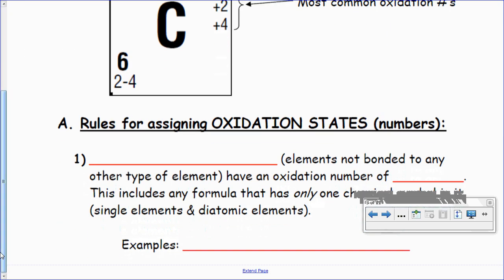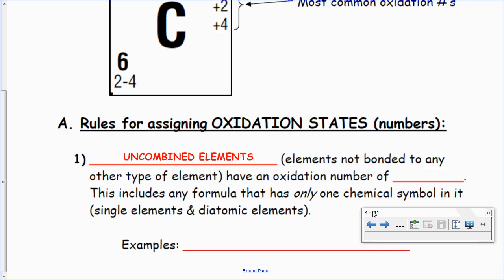Now, first of all, uncombined elements, not bonded to anything else, have an oxidation number of 0. Okay, this includes any formula that has only one chemical symbol in it. So single elements and diatomic elements. Some examples are like sodium solid, oxygen gas, and bromine gas. It's only one type of element. It's uncombined, meaning it's not technically a compound. The oxidation number must be 0. It's just a rule. Oxidation number for elements is 0, including the diatomic elements, Hofbrinkel,